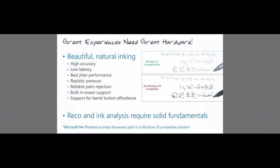And in order to deliver these experiences, we need to have hardware that is excellent, like what we have today in our ecosystem. David's going to talk more about how we enable these experiences. Thanks, Connor. When you see the Smart Ink engine that Connor was demonstrating, it's really important that it be fed high-quality pen input. When we talk about Smart Ink or beautiful ink, it's important that the pen devices provide high